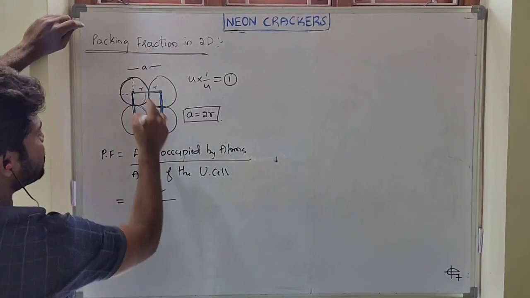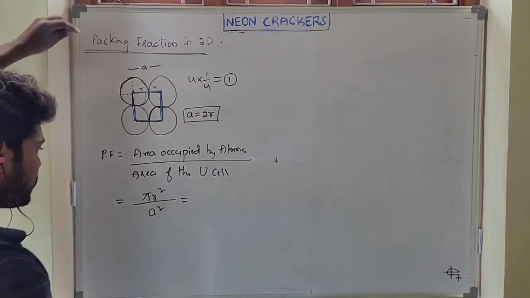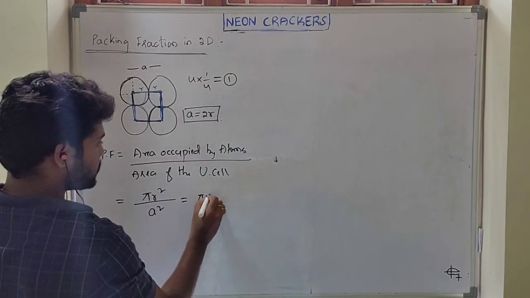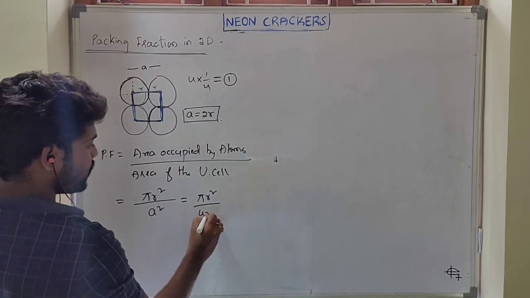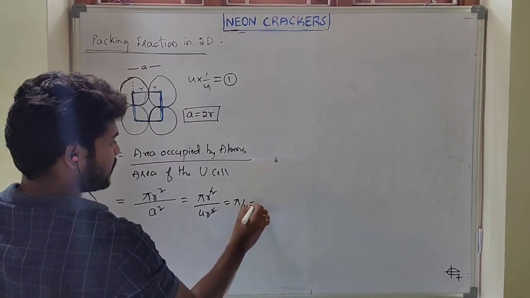The length of the unit cell is a. Area, you know already, is a square. But again, what is the relation? a equals 2r. That's why pi r square upon a square, where a square equals 4r square. So r square gets cancelled, and we get pi by 4, and that is nearly